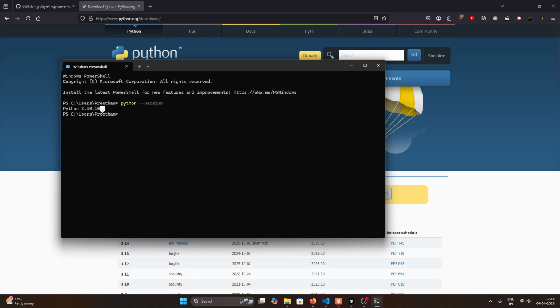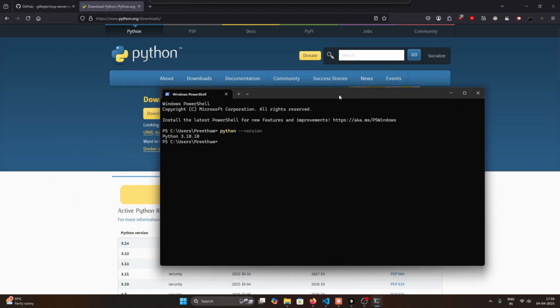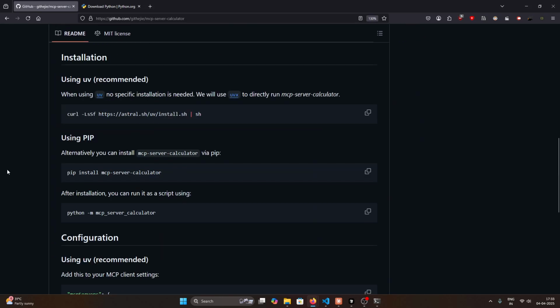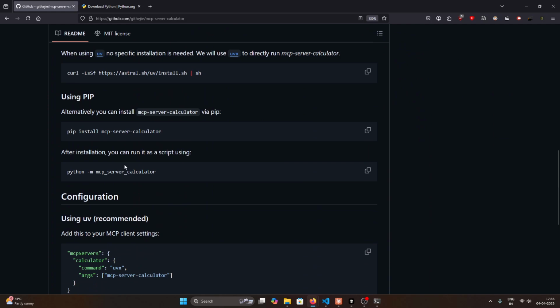So I currently have Python version 3.10.10. So when you download the Python executable file and install it, and then try to do python --version, you should be able to see that Python is successfully installed in your computer. So what's next? Python is currently installed. Then what is it saying? After that,